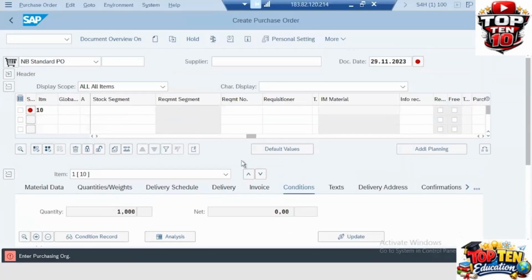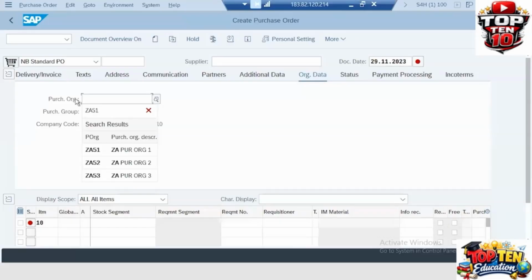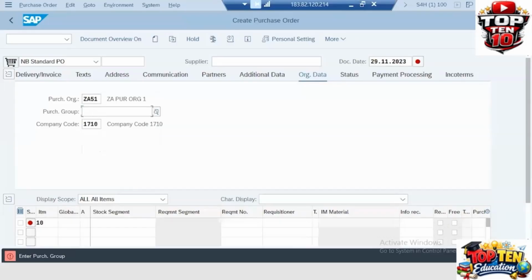Now see, is anything coming? No. It is asking for what? Purchasing organization. Very well. ZF51, ZF1, supplier, means every detail it is asking. But we can do one thing,